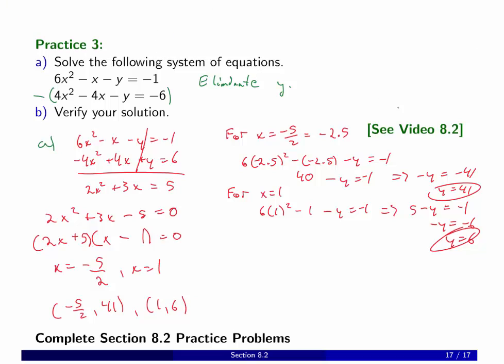So like any good student, good mathematician, you're going to check your solution here. So, first equation, let's check. 6 times negative 2.5 squared minus negative 2.5, okay, minus 41 equals negative 1. True or false? Well, let's see. Negative 2.5 all squared times 6 plus 2.5 minus 41. So this is something you can just plug in, fire into your calculator. It definitely works. We have to do the same thing for the next equation,